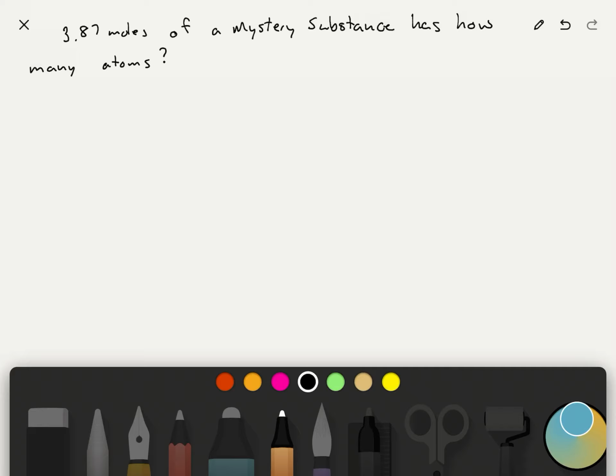In the video of introduction to moles and molar mass, I explained how many atoms were in a mole of a substance. So now we're going to look at how to use that number. Our first question here is 3.87 moles of a mystery substance has how many atoms? So we don't know what the substance is, but that doesn't matter because 1 mole of any substance, as we said before,